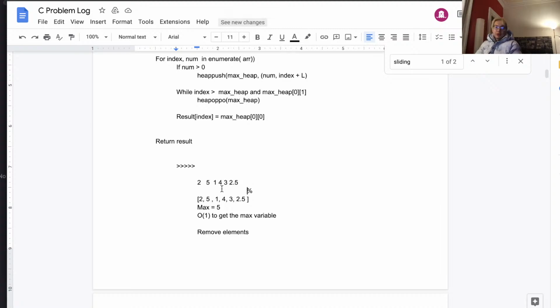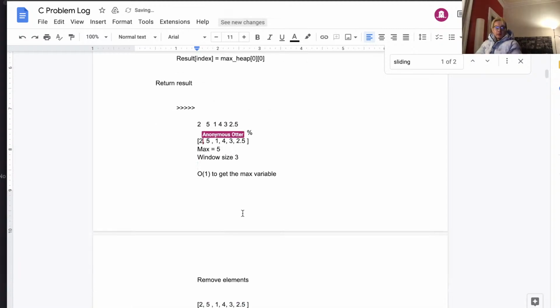And what does that get you? Suppose, for the sake of argument, that my window size is 3. Okay, yeah, so I would have to do this example again from the start. Let's go ahead. So window size is 3, max is 5, right? So let's start over.